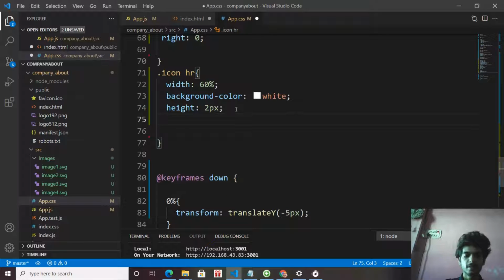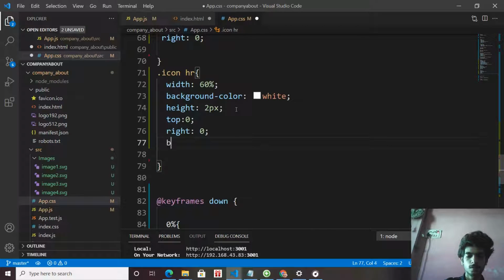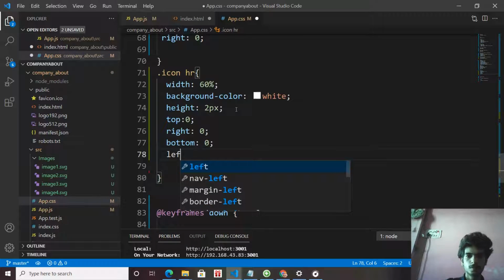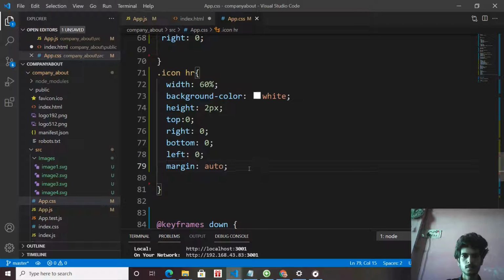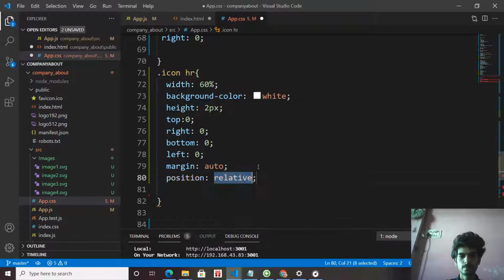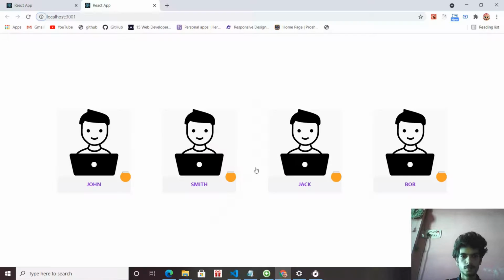If we want to make it center, give top 0, left 0, everything 0, and margin auto, and add position absolute. See, now the hr has come to the center.